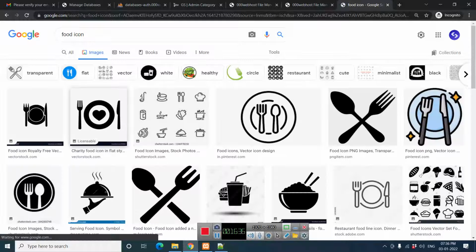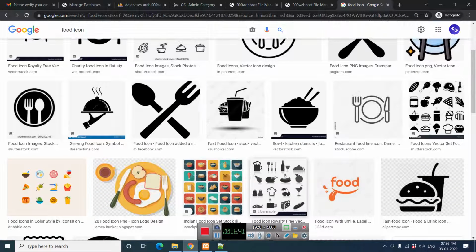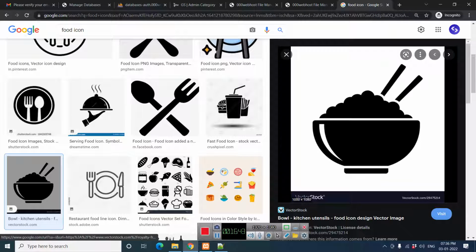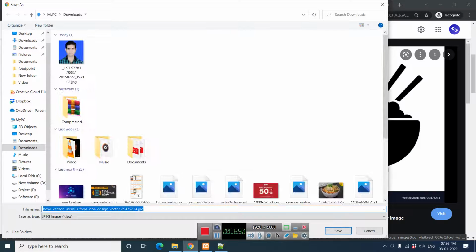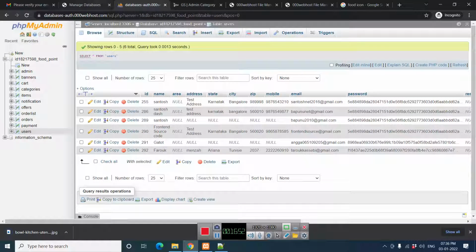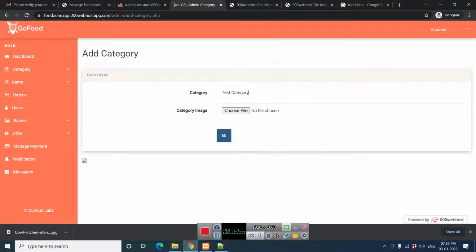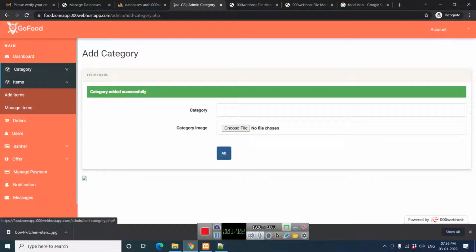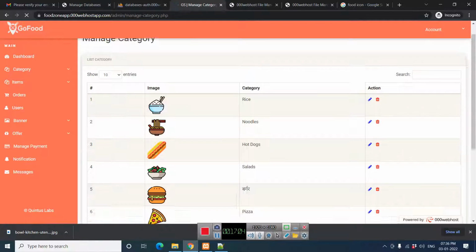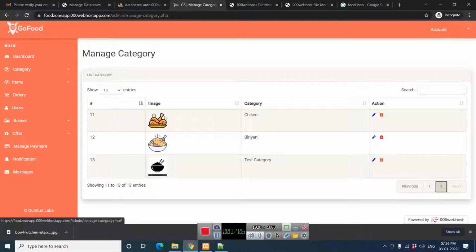Let's download it and save the image. Drag and drop here, you can add it also. So it is added. Go to category and manage category, and you can see that it is working fine.